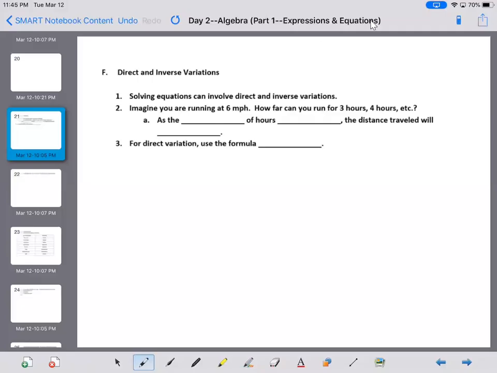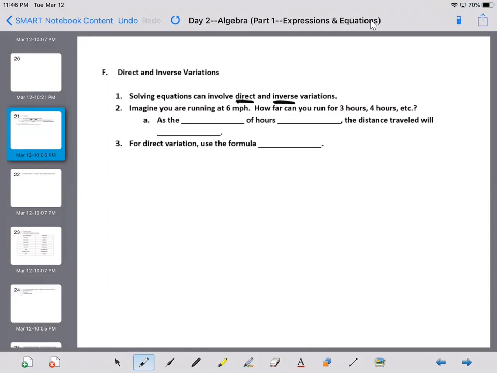So this is part 2 of our video series on algebra. And so I want to discuss direct and inverse variations. And we'll look at inequalities and we'll look at some graphing. So to get started here, we're going to look at when we're solving equations, we can have direct variations and